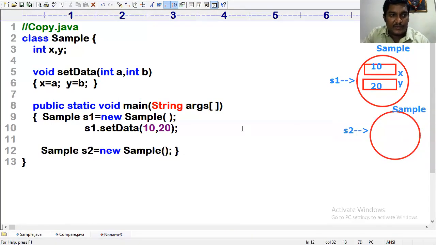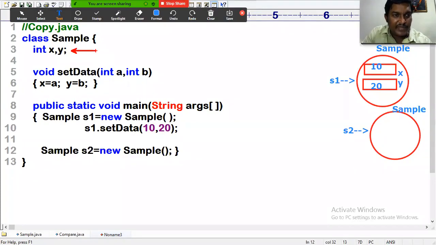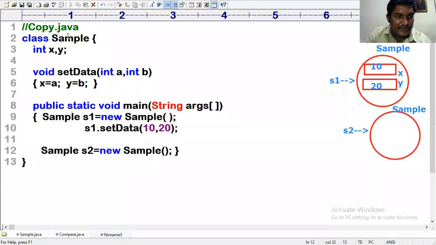Many times I said, whenever you create an object for the class, memory for the instance fields is allocated within the object. We have two instance fields, x and y, and memory is allocated for them.